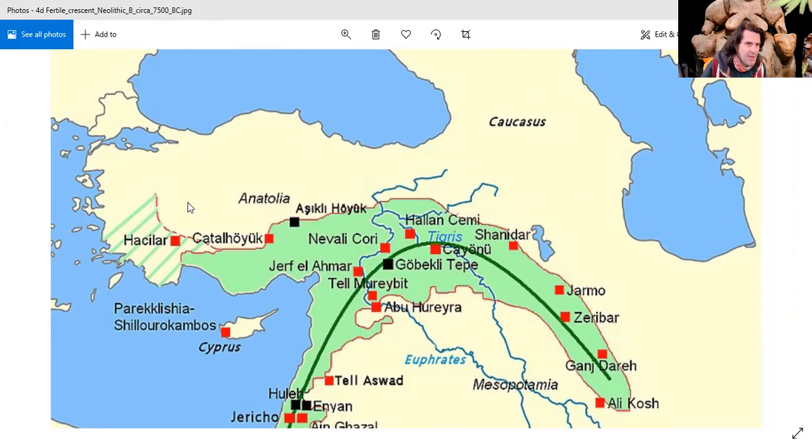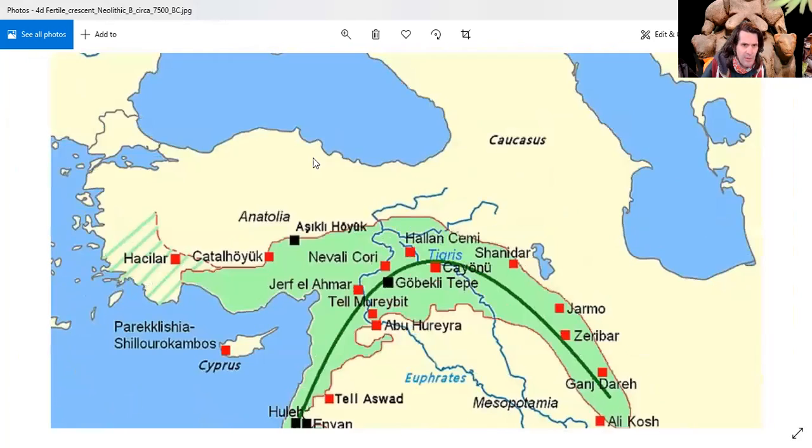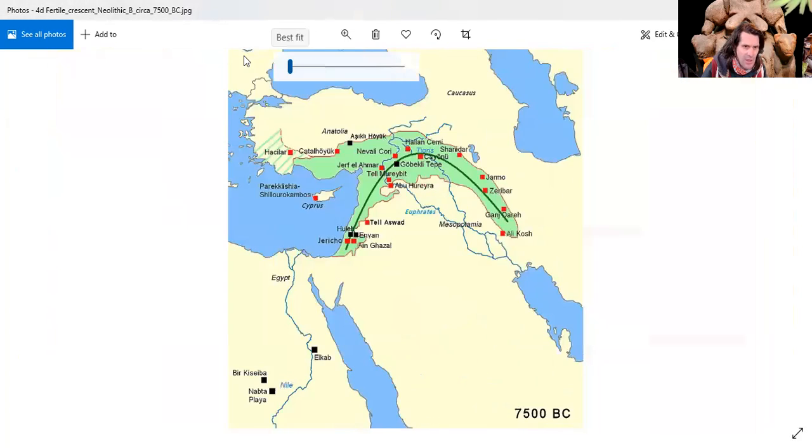All of these sites. If you look at the top of the chart, and if we sort of zoom out a minute, let's zoom out. If we zoom out from this, we've got that date, 7,500 years BC. So this is what the landscape looked like. If you want to add 2 plus 2 on the 7, it's saying that this is what the civilized world looked like